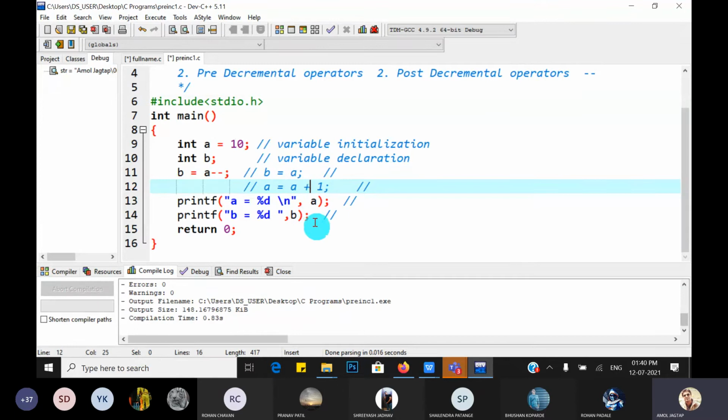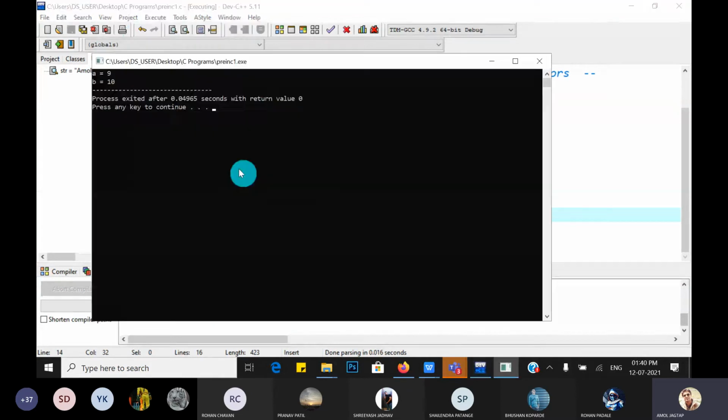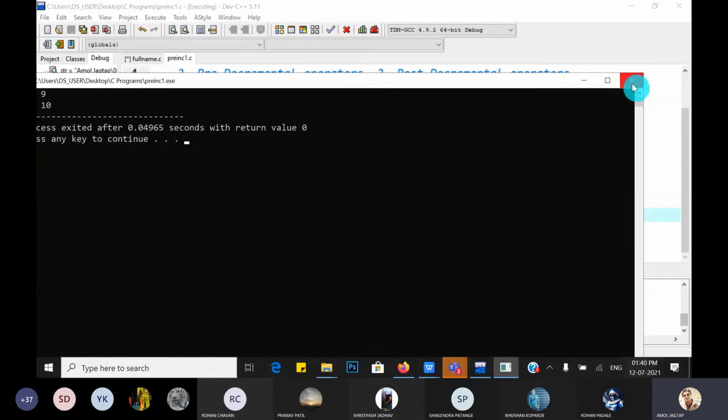Then we have to decrement A by 1. So here A's current value is 10, which is assigned to the B variable. Now 10 minus 1 becomes 9, and 9 is assigned to the A variable. So the current value of A is 9 and the current value of B is 10. Let's check and demonstrate if it is correct or not. Yes, A is equal to 9, B is equal to 10, guys.